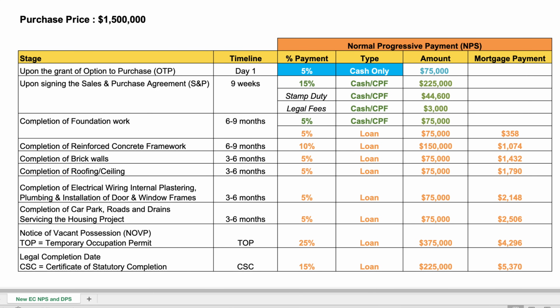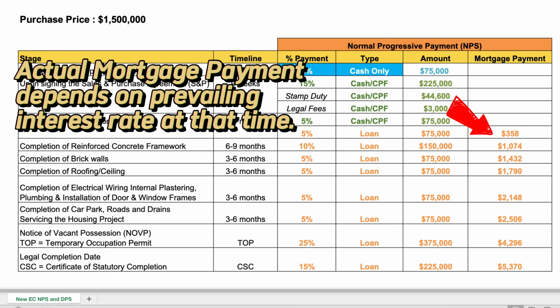So in this flow, at the foundation stage, when the developer has called for a 10% payment, half of that will be paid for by the bank loan, and that's an amount of $75,000, and the corresponding mortgage payment to you as a buyer is $358. So essentially, you're only paying the mortgage loan on whatever amount the bank has paid out for you. And as the payment stages progress and the bank pays out progressively more loan for you, your monthly mortgage payment will increase from $358 to $1,074, $1,432, and so on